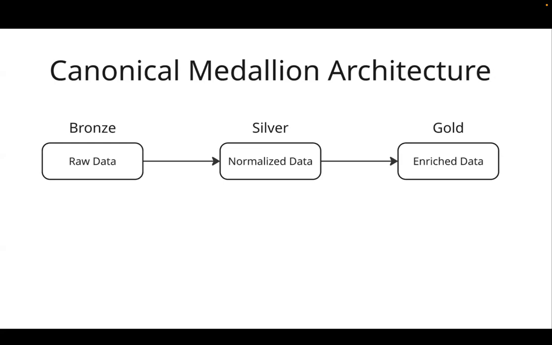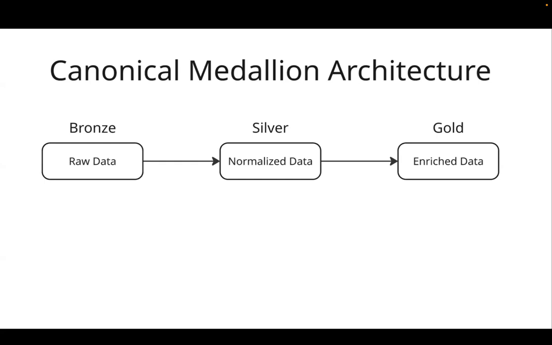People write blog posts and talk about it as if it's this really novel thing, and it's something you have to convince people to do, but it's actually the only way to do data warehousing in a smart way. Now there can be different forms of it. This is the canonical example, and it has three layers, and I'll walk through what happens in each layer. But you might work somewhere that has five layers or something like that,